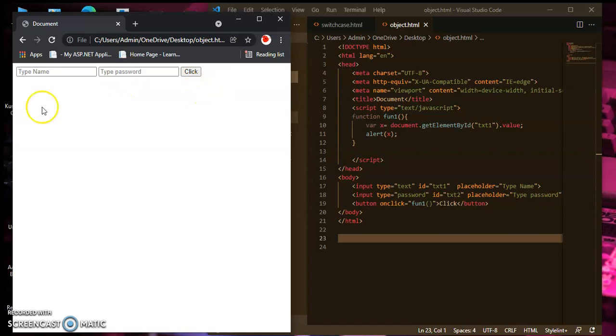Type your username here, kusum, and whatever you type as the password will be displayed as dots, so someone cannot see it. For that you use type equal to password.